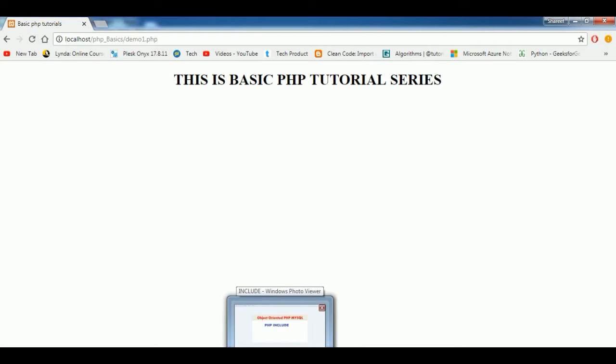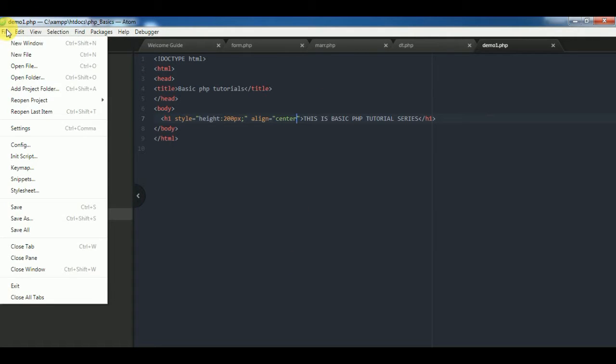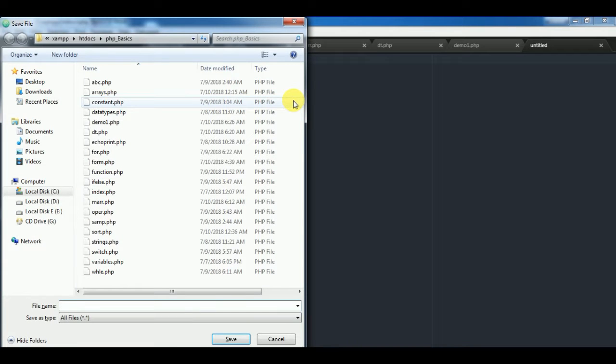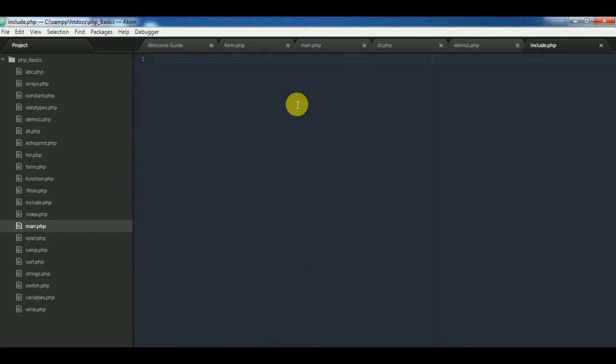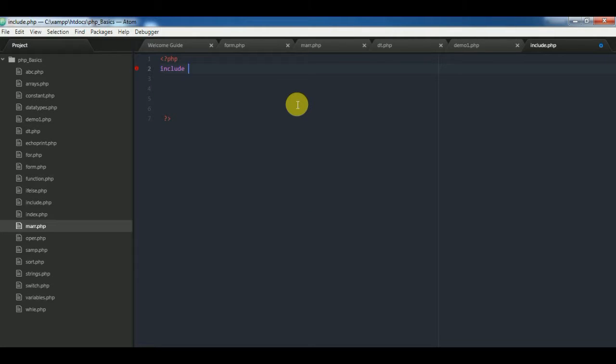Now what we have to do is simply we will create a new file here, and we will save this file first. We will save it by the name include.php, and save this. Then basic PHP. Now what we have to write simply is include, then the file name demo1.php,